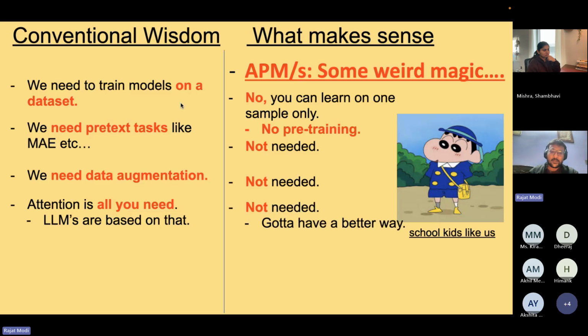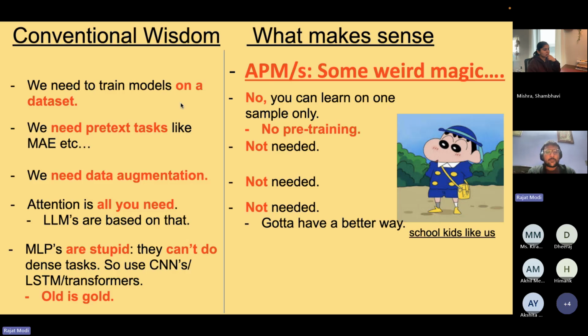to do machine perception. And the other problem, if you look at the history of deep learning, earlier people came up with MLPs and then they came up with CNNs, LSTMs, and transformers. So the argument was that MLPs can't do dense image processing, so they can't process an image and do tasks like segmentation. And that is the reason we came up with the CNN, LSTM, and transformer in the first place. So we have continued this path since 1998 when LeCun invented CNNs, and then the Transformer when Ashish invented it in 2017. And LSTM was by Schmidhuber in 1997.